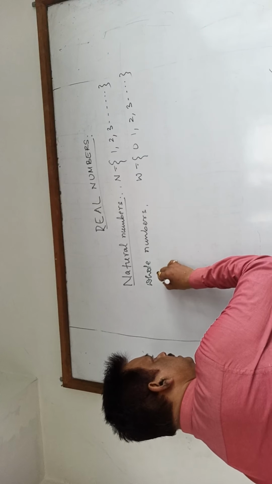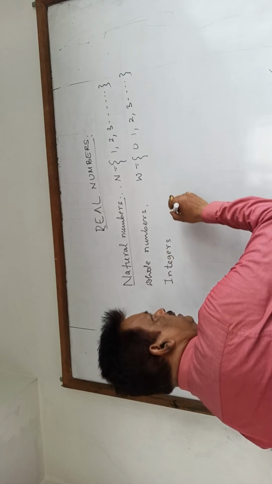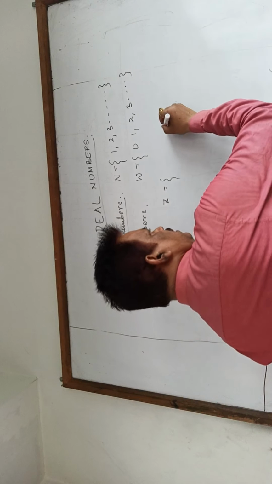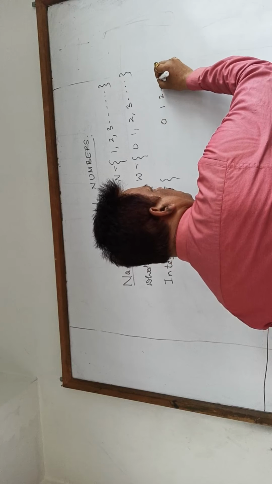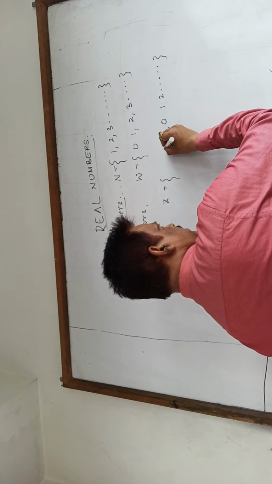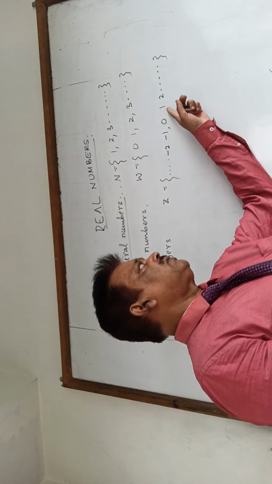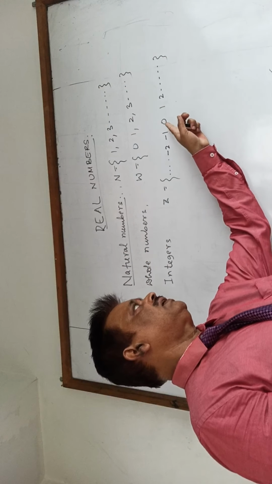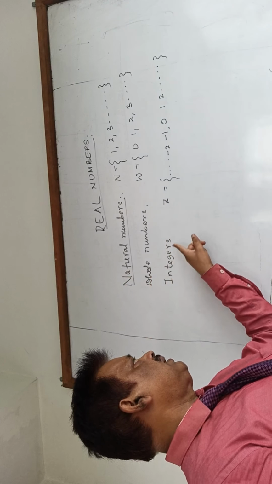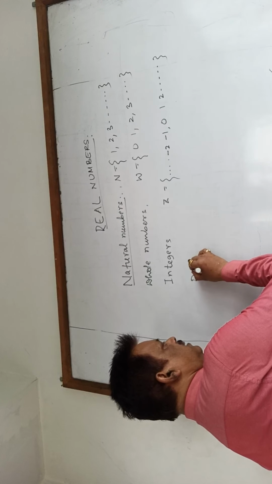Then we started with integers. Integers symbolized as Z. That means it includes 0, 1, 2, all these. Also negative numbers, negative integers are included here. So that is the whole set of integers, means all the positive integral numbers and negative integral numbers. That will be called as integers. Now you never find the fractions here. Then it starts with another one,